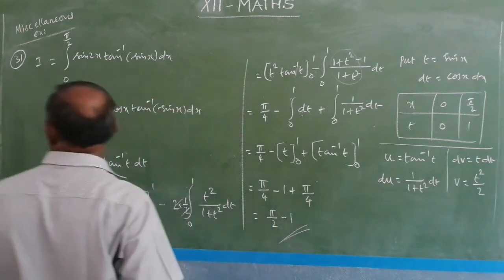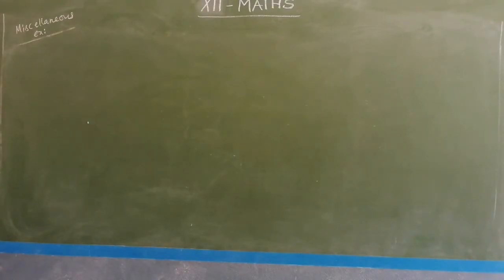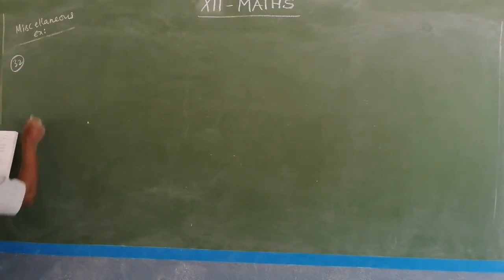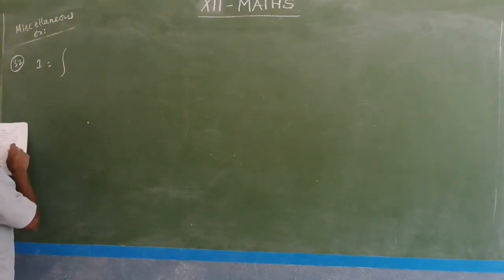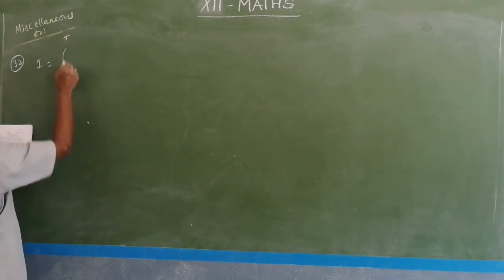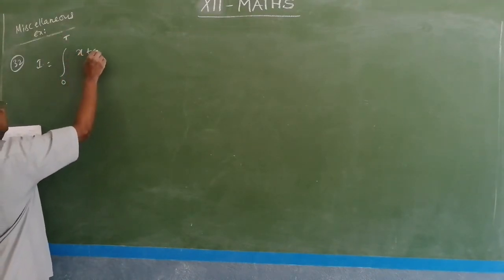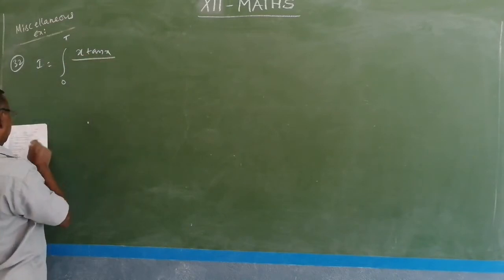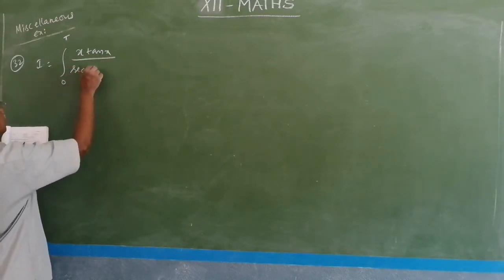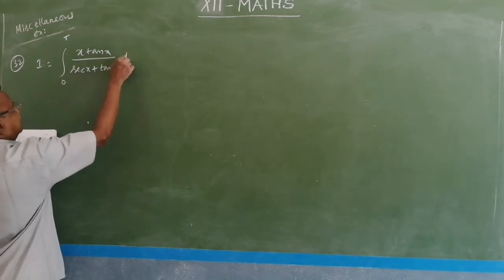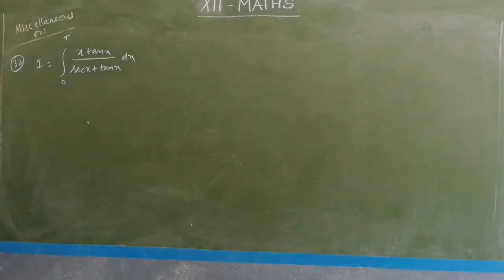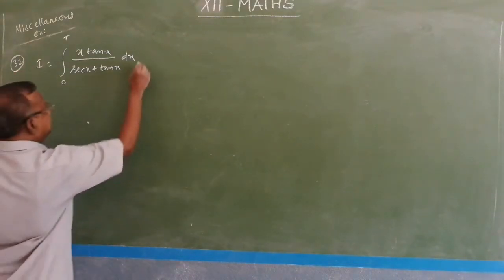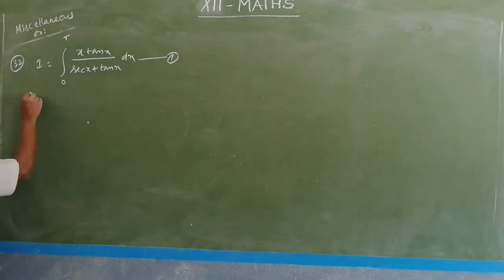So this is the next question, number 32. Let I equal the integral from 0 to pi of x tan x divided by secant x plus tan x into dx. In order to bring it to the standard form, we have to apply a property. Remember the property: